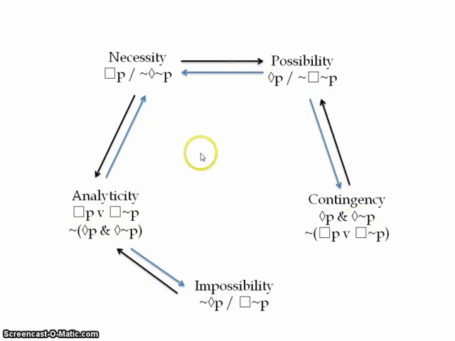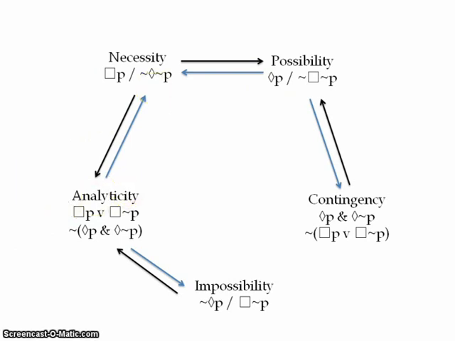So there we are. Those are some basic relations between them. Of course, I'm just looking at this. If possibility requires either necessity or contingency, and something is possible because it's necessary, then obviously that would be the case of analyticity too. But